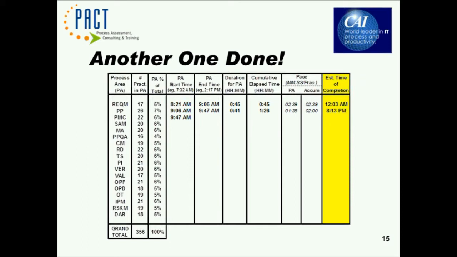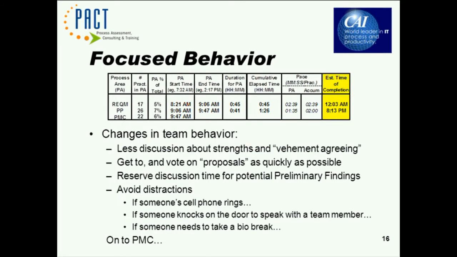The next column over, which says accumulated, means that on average, between requirements management and project planning, we've brought the average time per practice down to 2 minutes per practice. At 2 minutes per practice, given the remaining practices, we're now going to be here doing this until 8:13 in the evening. A significant improvement, by the way, over just after midnight. So you'll notice, if you're watching this as an objective observer, watching this process unfold, you'll see some changes in team behavior. You'll see a whole lot less discussion